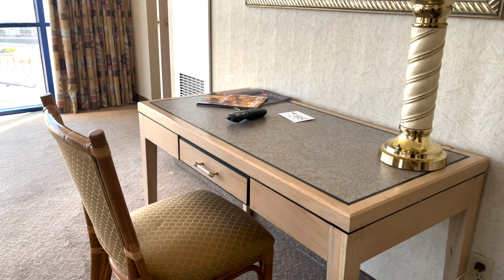Now, as you can see here, there was a dresser there, and everything is empty. And I didn't know where the light switch was for this, but they did have a safe and a bunch of closet space and those little contraptions to put your luggage on. It was such a pleasure to stay here, but this right here is probably my favorite part of the entire room